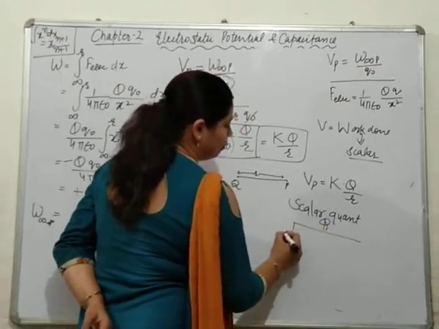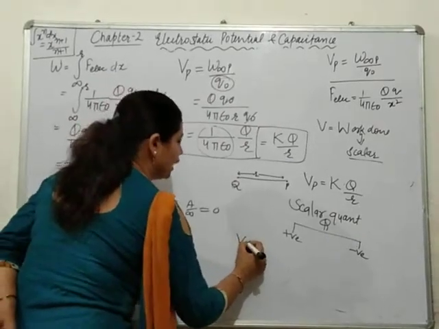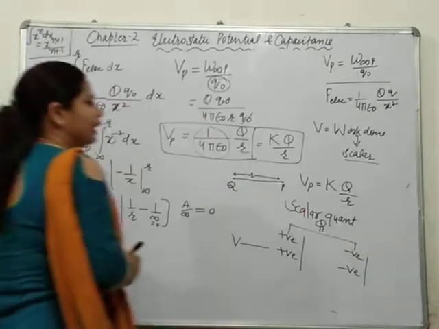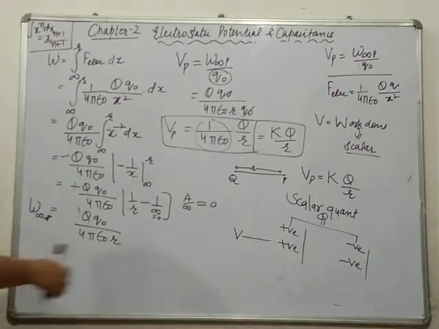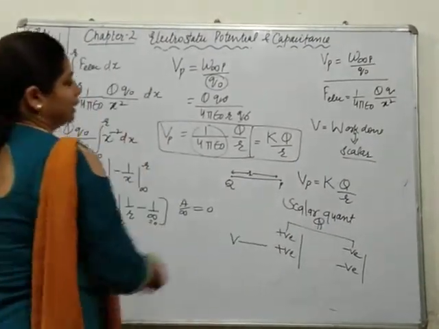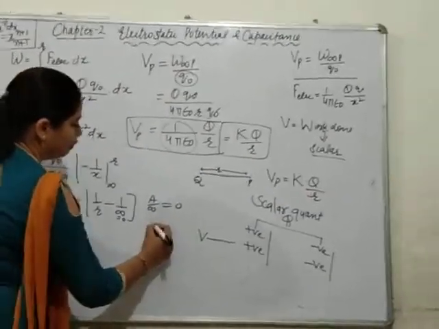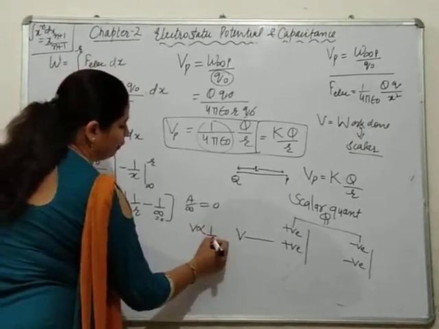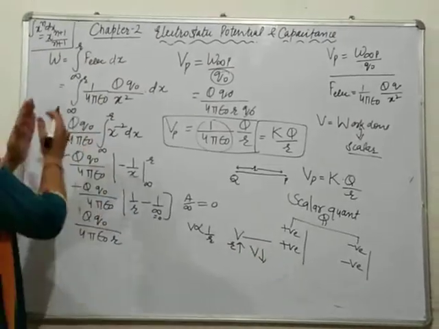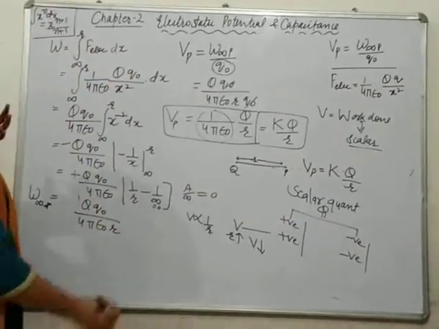As charge can be positive charge and negative charge, that's why potential can be positive potential for the positive charge and negative potential for the negative charge. Okay, so its sign depends upon the polarity of the charge. Next, V is inversely proportional to R. What does it mean? V inversely proportional to R means if distance increases, potential will decrease. It means if we are moving away and away from the source charge, potential will decrease.